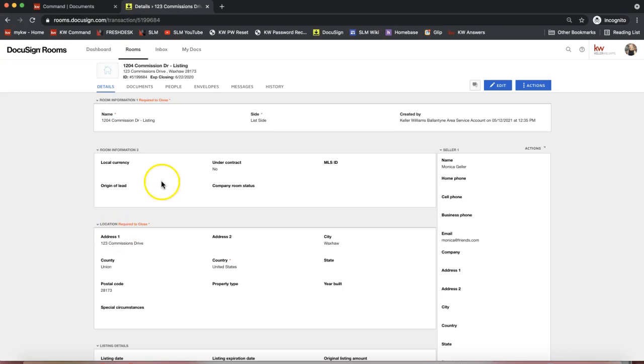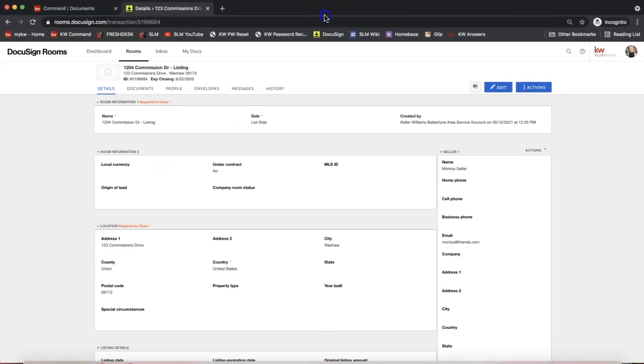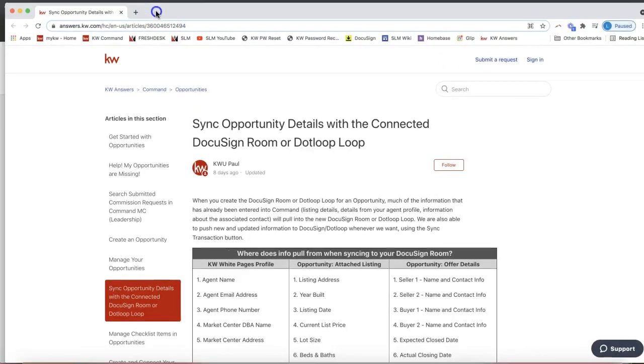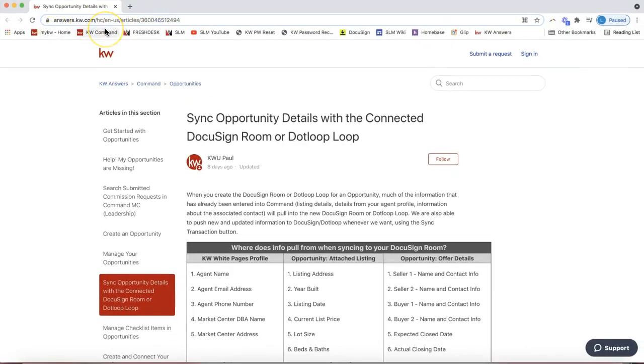The last thing I do want to show you guys is the Answers article as far as what autofills from where. I'm going to pull this over from my other screen here. This resource is one of my favorite resources KWRI provides. It is answers.kw.com, just the part I have highlighted. Answers.kw.com is pretty much written instructions on most every feature that KW provides. They work on launching new articles all the time. Like this one was just updated 8 days ago, so it's very well maintained